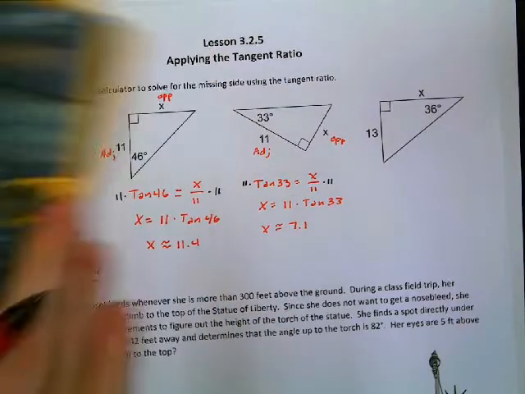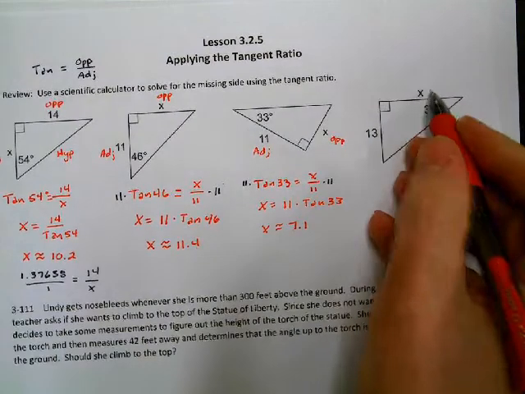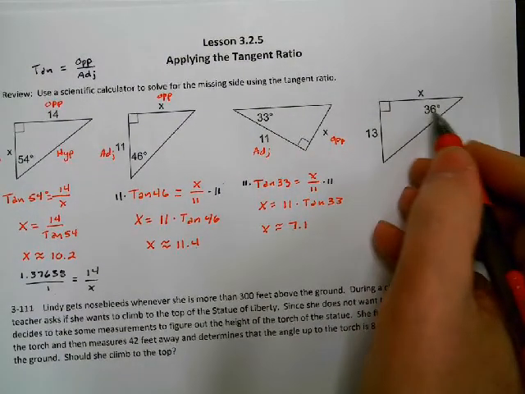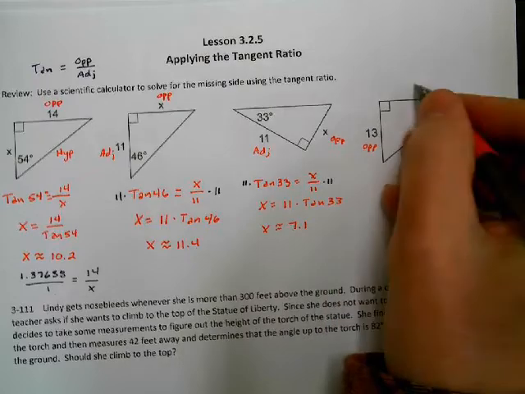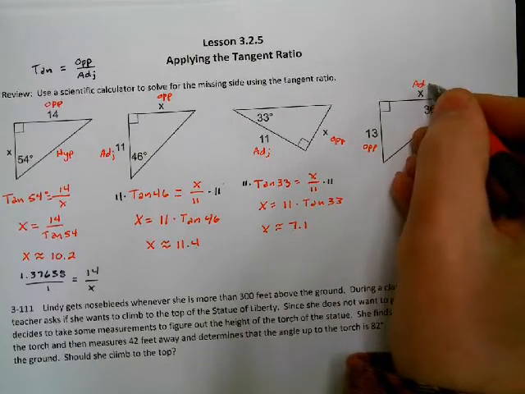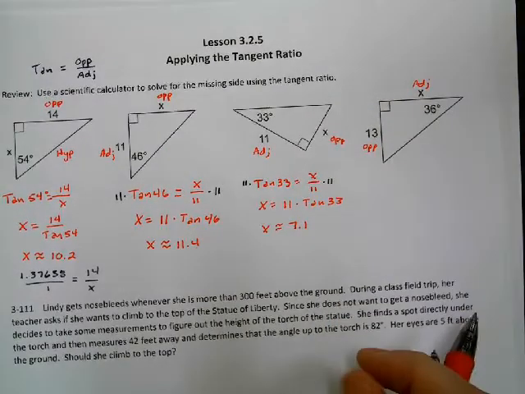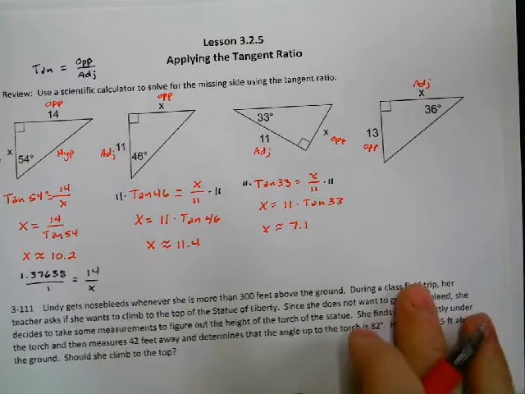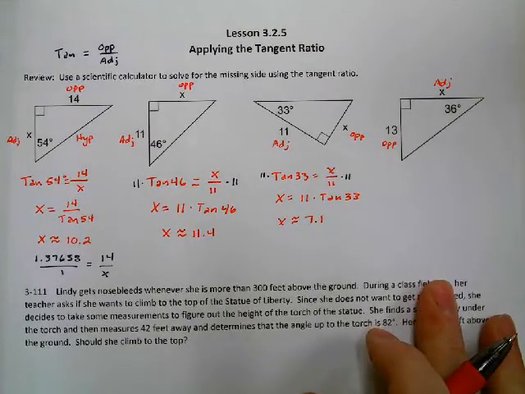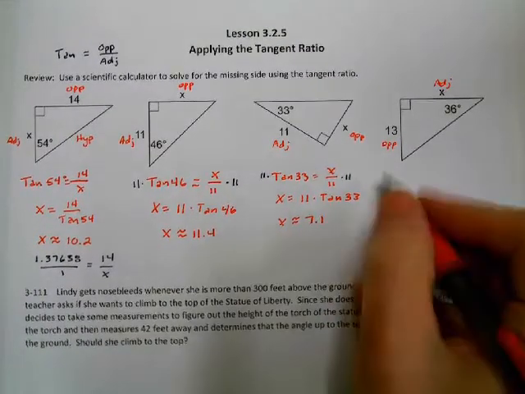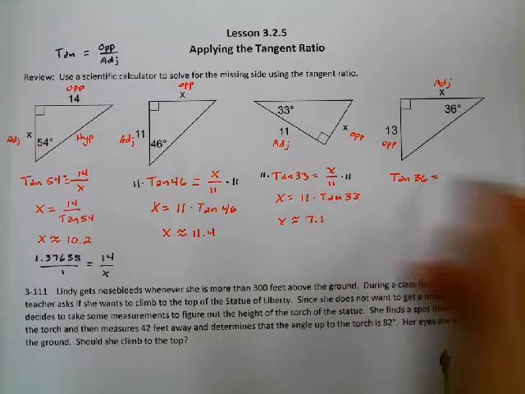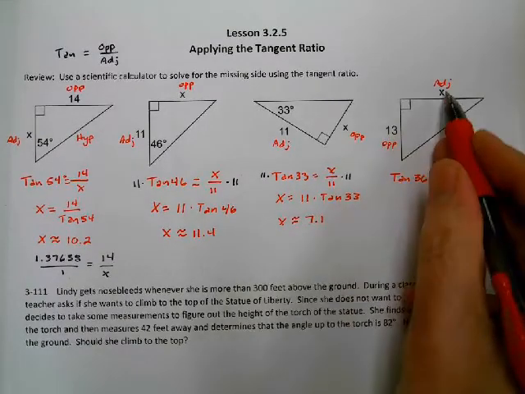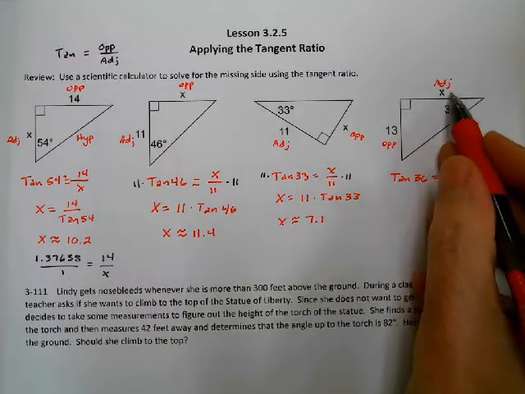All right, last one. So for the angle of reference of 36 over here, this one ends up being the opposite. And the x is the side that's touching, or the leg that's touching that angle. So that's the adjacent. So tangent of 36